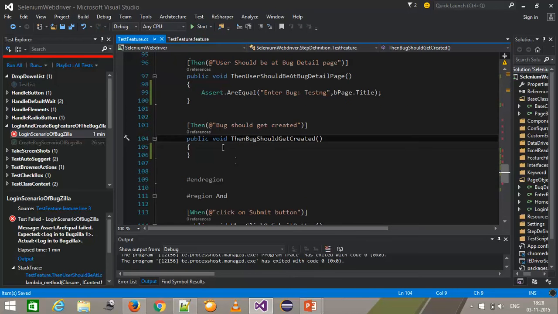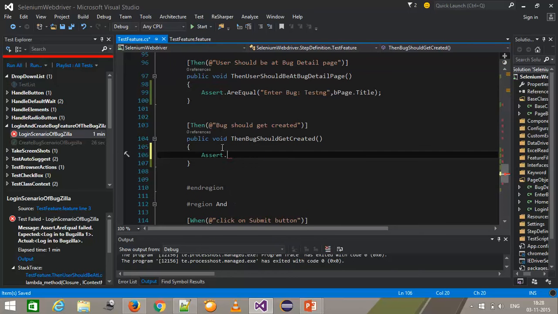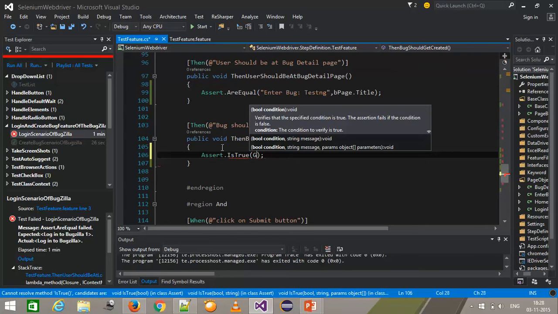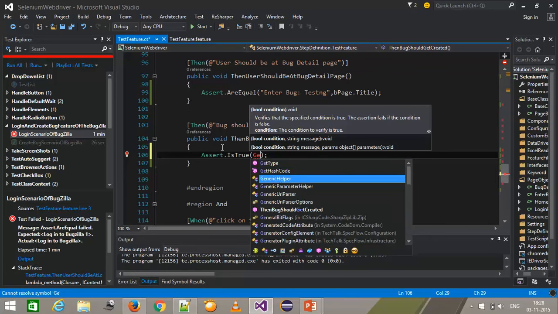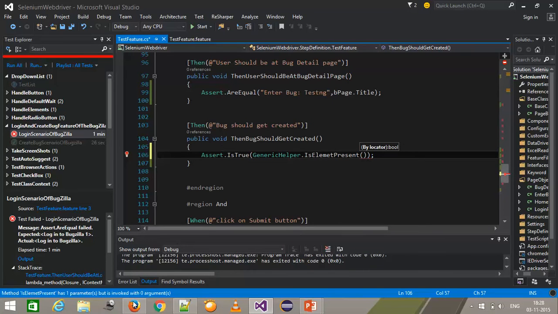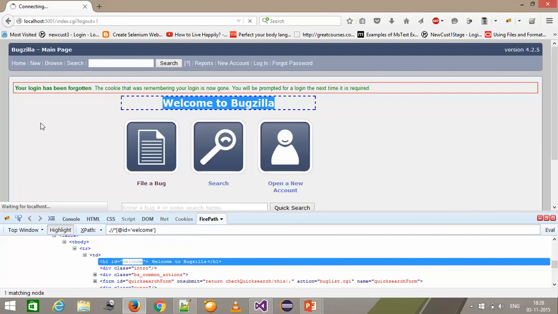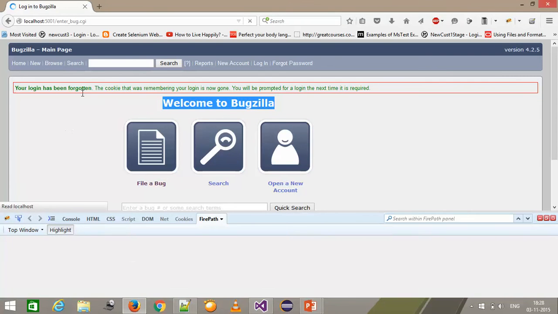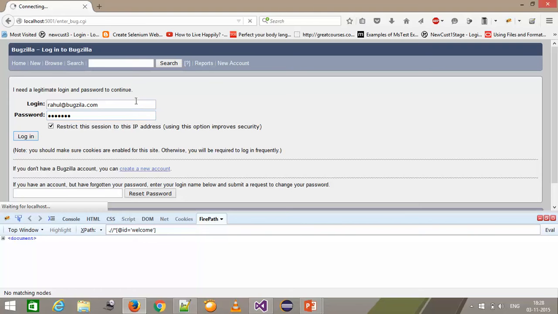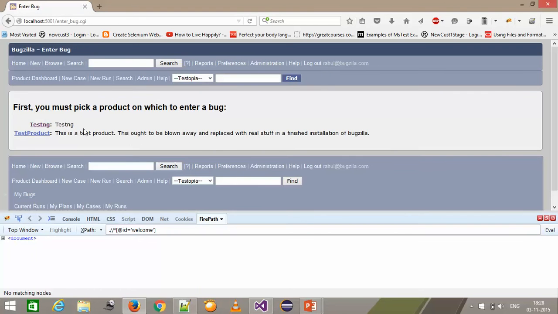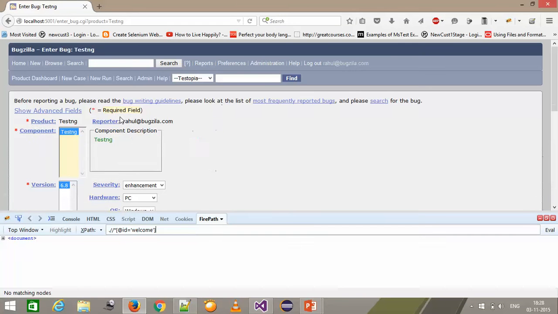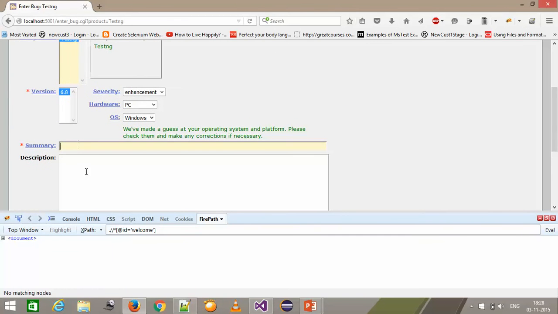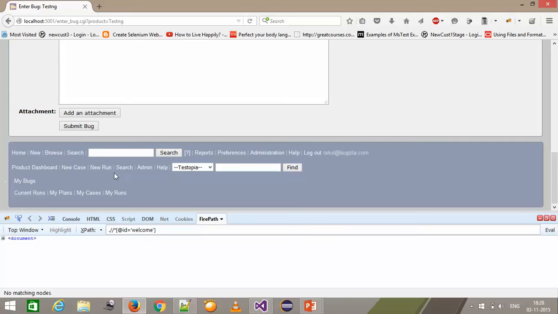And this one, so here I will use again assert dot is true, generic helper dot is element present. So if I go to login page, click on login, click on TestNG link, and after providing the information, if I click on submit, so it will create a bug for me,